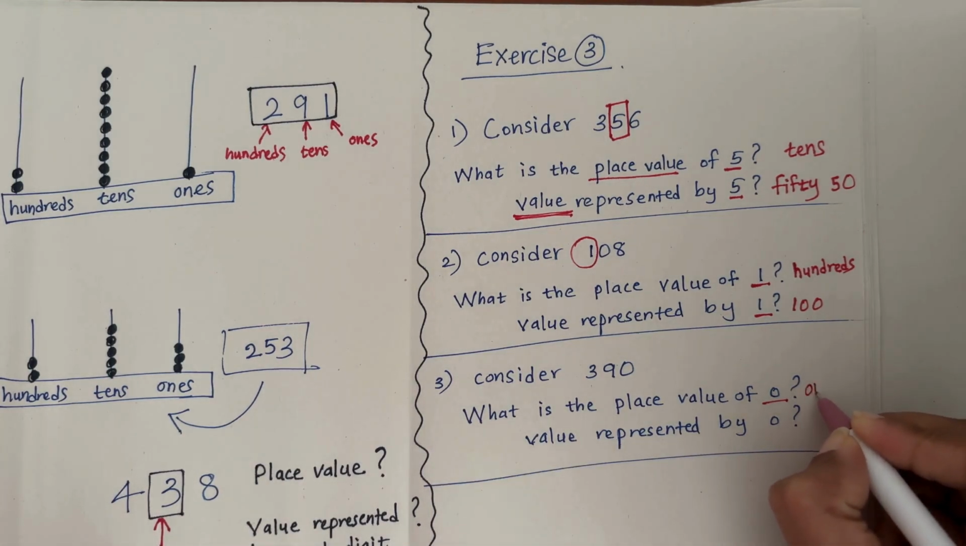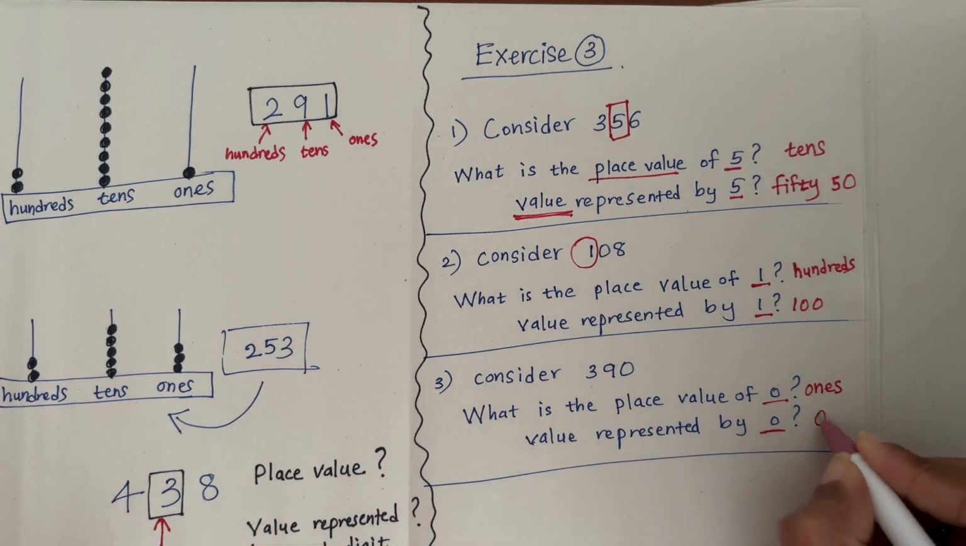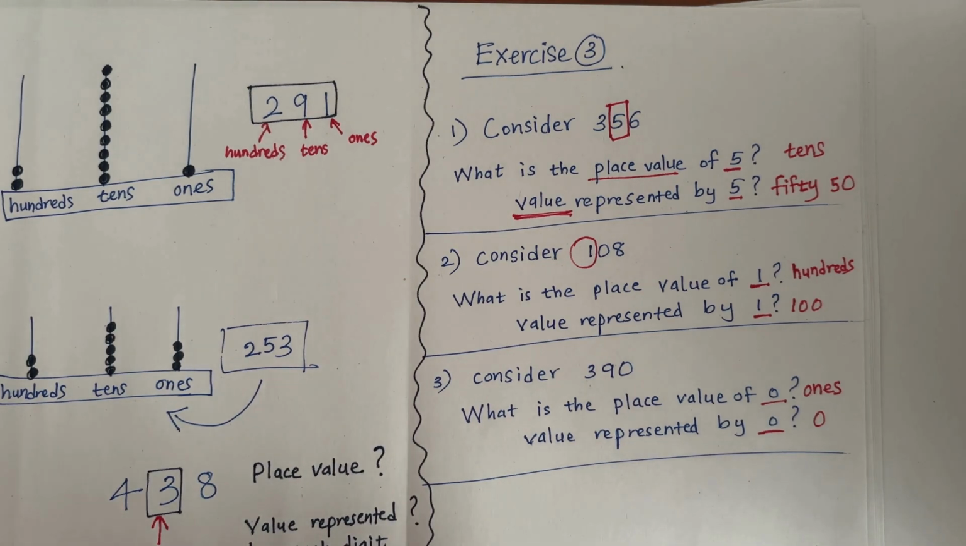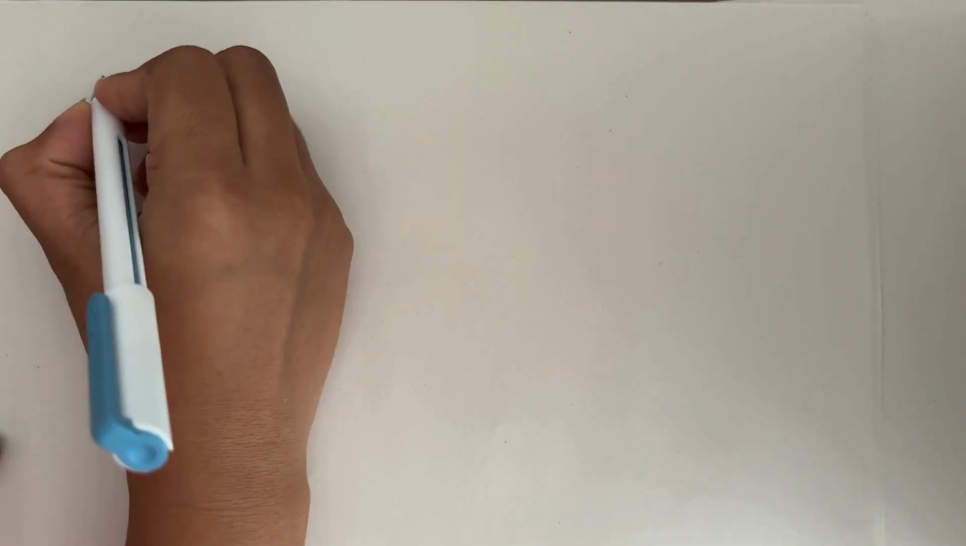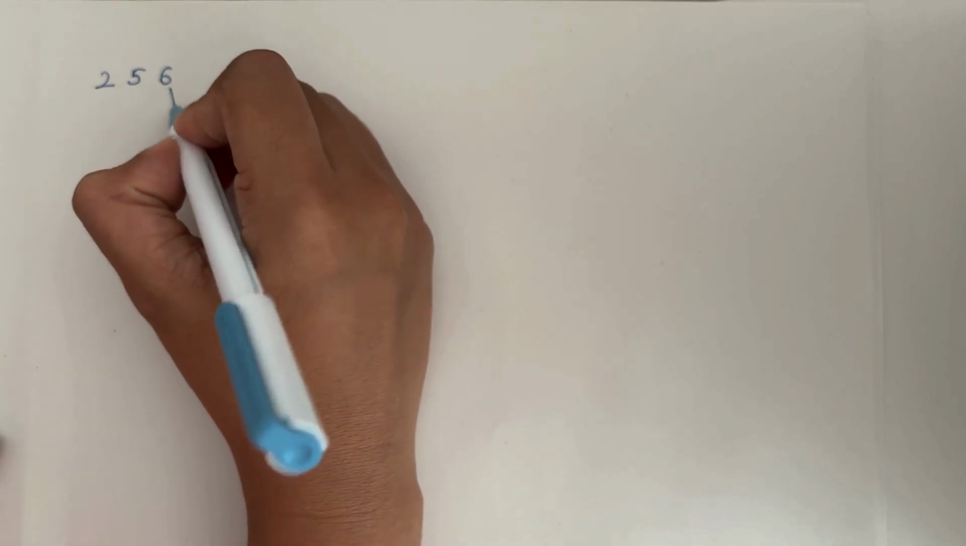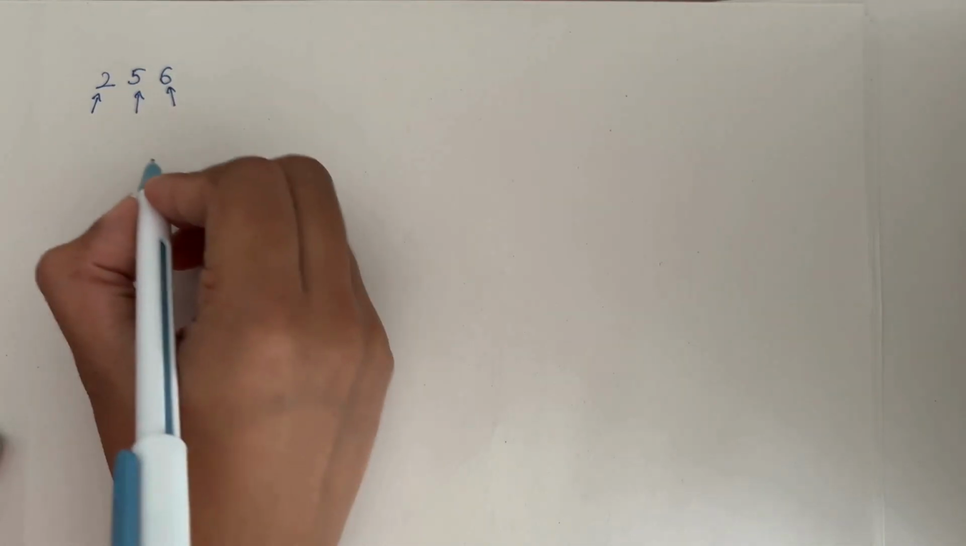Place value is ones. What is the value represented by 0? It is 0. Okay. Now I think you have a proper idea about these place values. So after that, now you know, if we consider this is ones place, tens, hundreds, you know that. So if we write